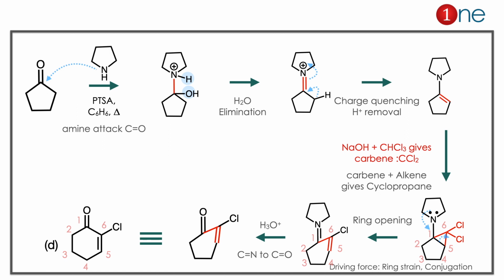So there can be ring opening. The ring strain and, next step, conjugation drive the reaction. The ring is opened by lone pair donation to the ring and a double bond is formed. Chlorine leaves. You have the new 6-member ring formation. So a 6-member ring is formed with chlorine. Next step, if you do hydrolysis, the amine leaves, you have the ketone there. So the product is clearly D.